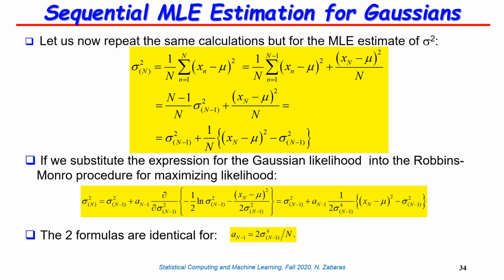Again, we don't really want them to be identical. That's not the point we try to make here. The idea is not to use these Robbins-Monro approaches when we can compute these MLE estimates analytically in an iterative fashion,